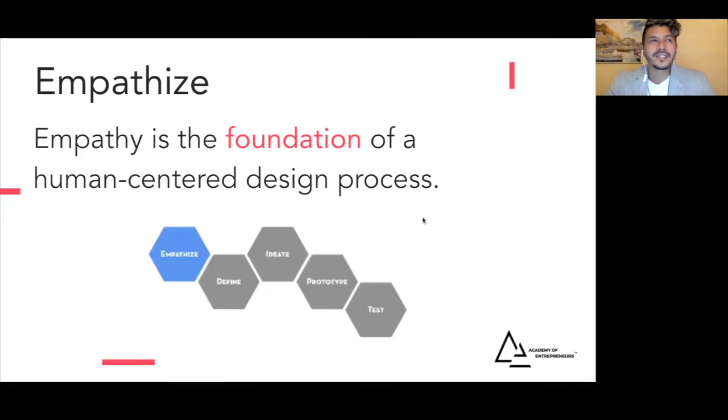I'm going to have a genuine interest. I will be curious. I would really like to get to know someone. So that's how you empathize with people. And it's not an easy thing to do, but the more you start using some of the design thinking tools, the better you get at it, okay? But that's kind of the key in this phase.